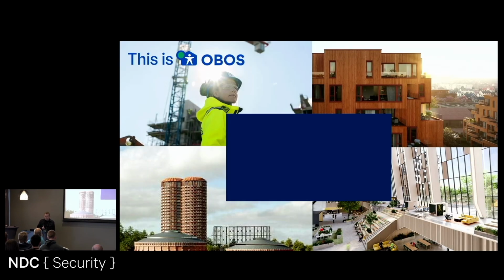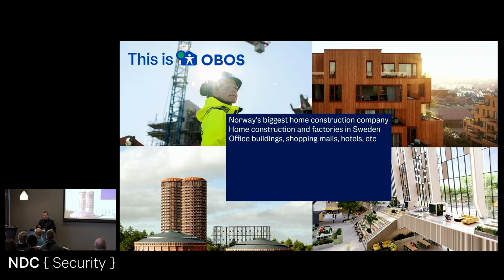First, I will explain what OBOS is. We are the biggest home construction group in Norway, and we are also a big construction group in Sweden. We have 3 factories that make prefabricated homes. We also make apartment buildings like the one in the lower left corner. We make office buildings, shopping malls, and hotels. And in the lower right corner, you can see the next headquarters for OBOS that we are building here in